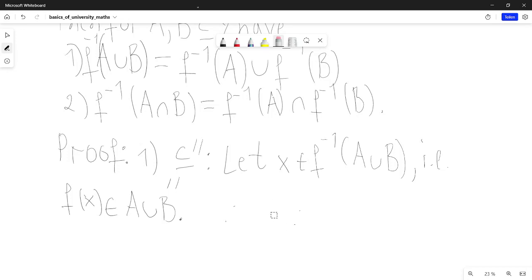Hmm. That's actually interesting to think about how to do it in a more self-suggestive way. Okay, and then